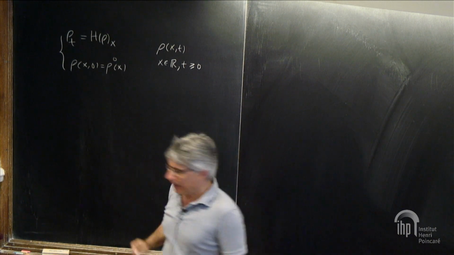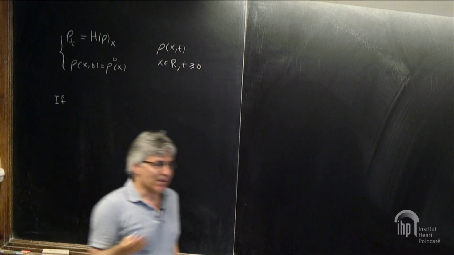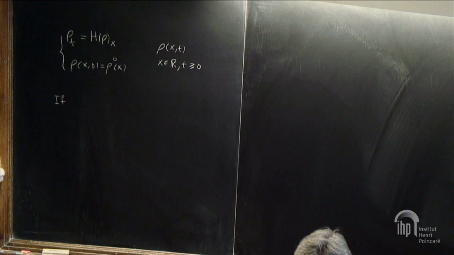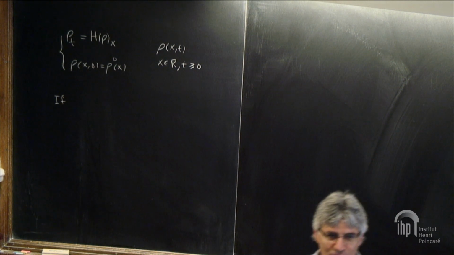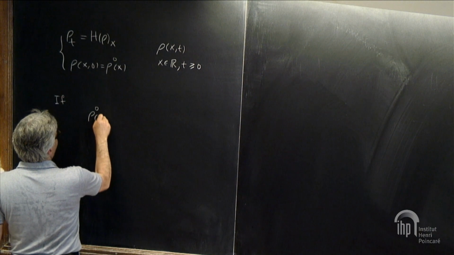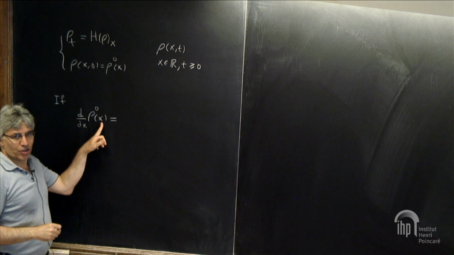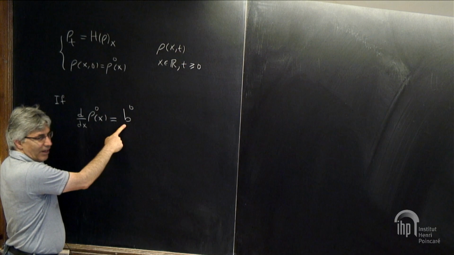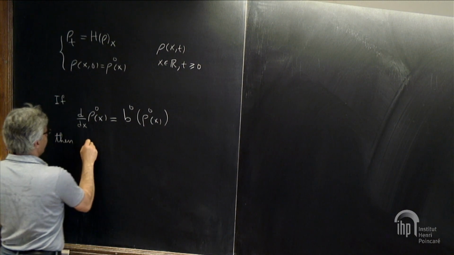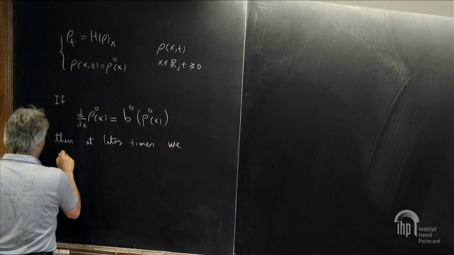itself is a solution to some ODE, then at later time you may hope that the solution would be the solution of a new ODE, and it's the vector field that is evolving with time, and I derived an equation for the evolution of that vector field. So if, say, initially, you know the derivative of this with respect to x, so treat this as a function of x, a solution to some ODE, with a velocity b0, then at later times, we may hope to have